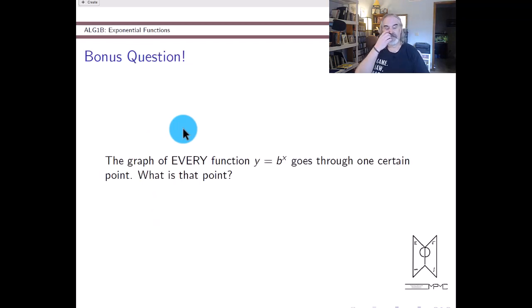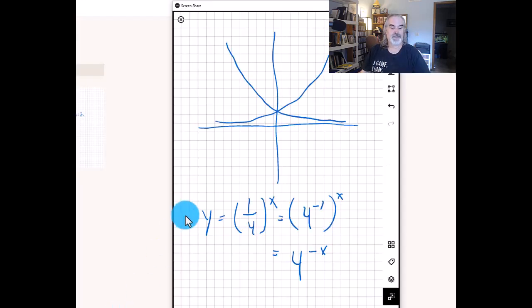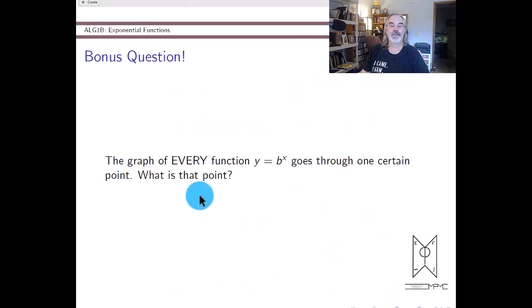Okay, just to see if you were catching on some of the details. Every graph we looked at goes through a certain magic point. Do you remember what that point was? It is this point right here. What are its coordinates and why? Think about that one. I'm not going to tell you the answer. After you get some more practice graphing, you'll know it. Okay, so for the moment,